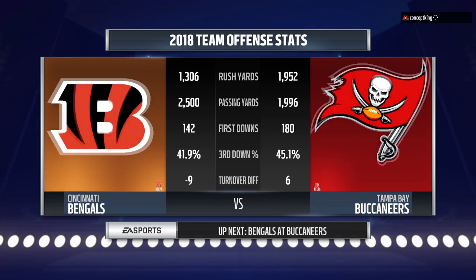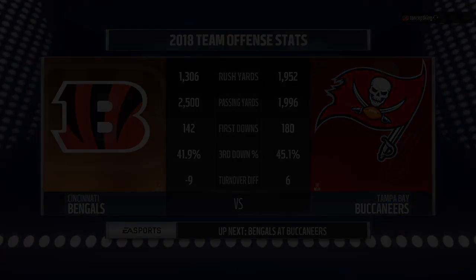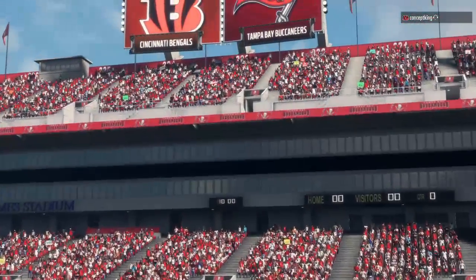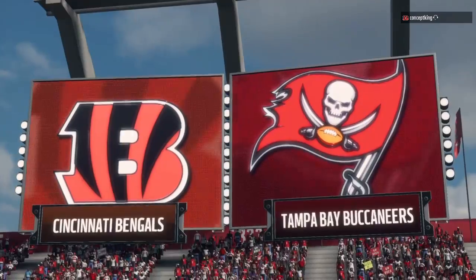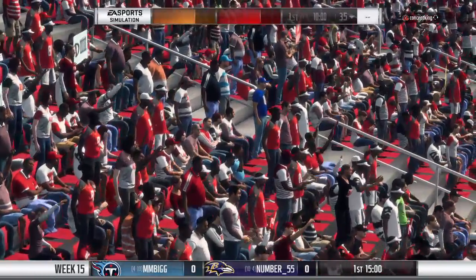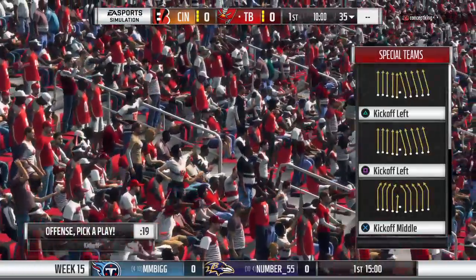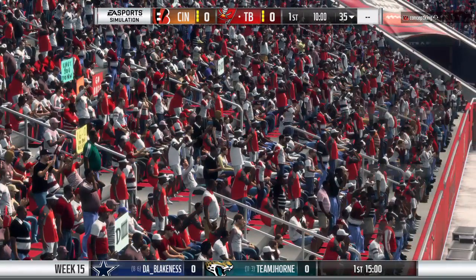Hello, everybody. I'm Larry Ridley, and this is the NFL on EA Sports. Today, we'll see a team that can get it done on the ground. The Bucs lead the league in rushing TDs, and they'll go up against the Bengals, who will need to be stout up front. And we're about 5 miles northwest of downtown Tampa at beautiful Raymond James Stadium near Florida's Gulf